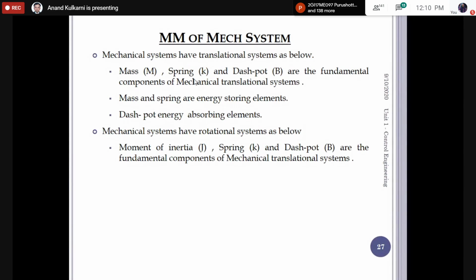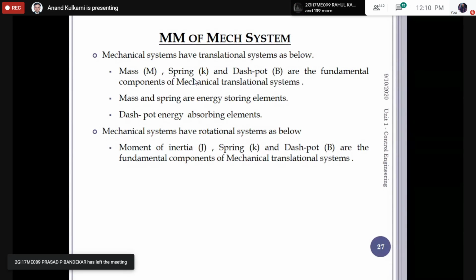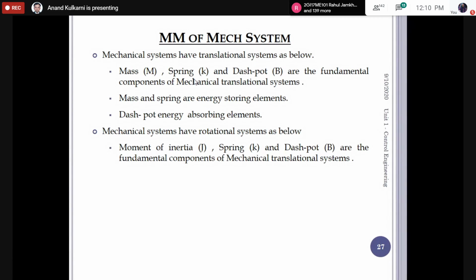But in real practice, nothing of this sort happens. If you apply 1 kilonewton load, the deflection may be 1 mm. But if you apply 2 kilonewton load, the deflection may not be exactly 2 mm, but 1.95 or 1.99 mm. But that being very small, it is approximated. Otherwise, the spring becomes load dependent, stiffness becomes load dependent, hence K becomes a variable. When K becomes a variable, the system equation becomes non-linear and hence cannot be solved by the transfer function model. There are other methods for that.